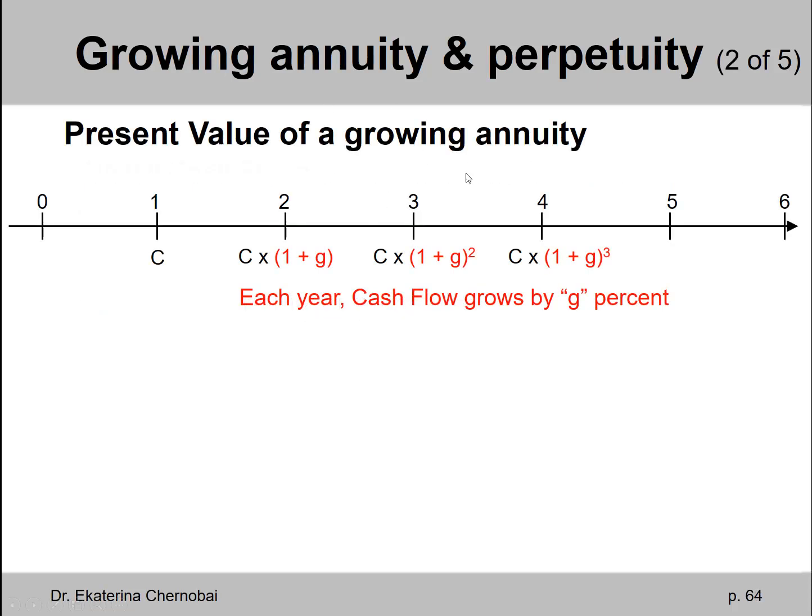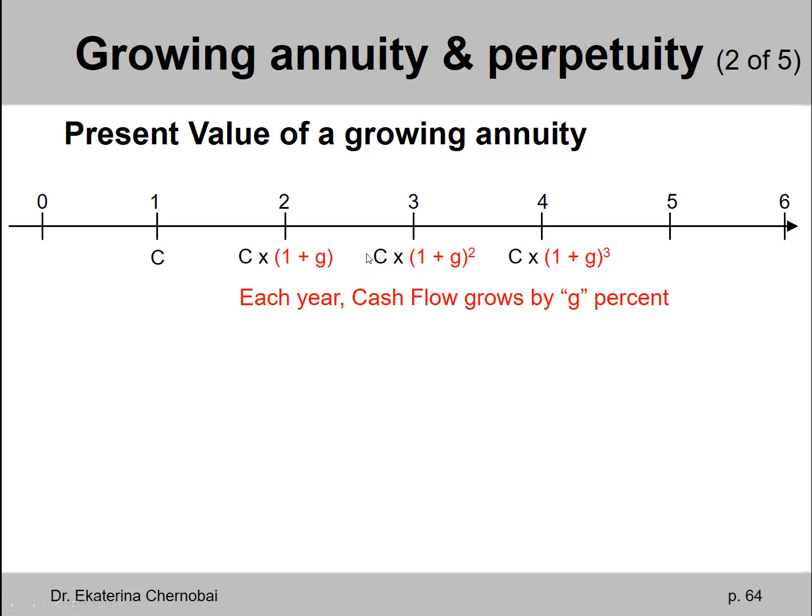For example, a growing annuity. What would a growing annuity look like? Let's say there are 4 annuity payments. Normally we would say that they are the same amount, right? But now we are saying that the first annuity payment is this much money. The next one is some percentage larger. So to find it, we would take C and multiply by 1 plus G, where G is the percentage increase.